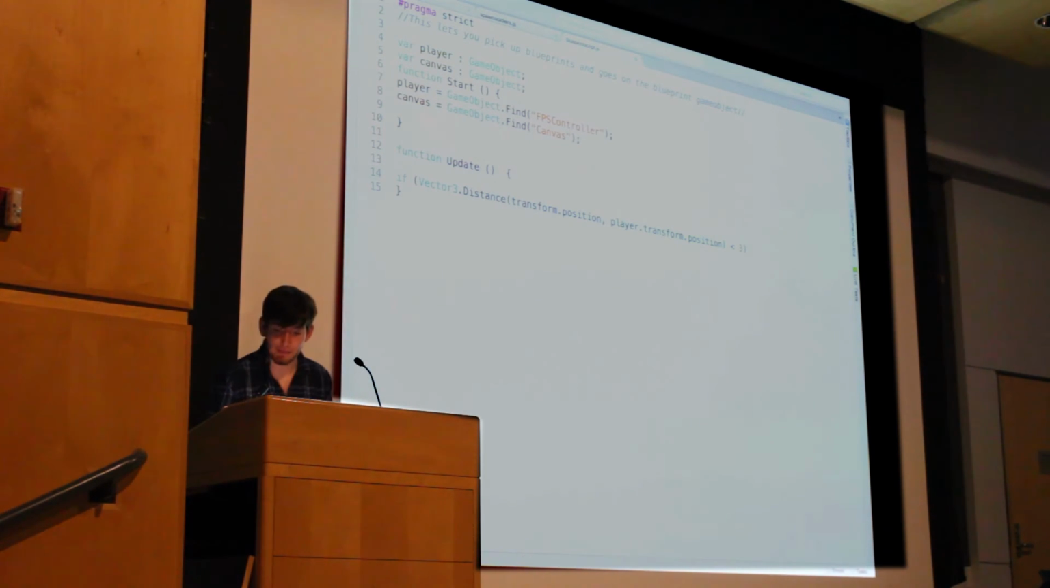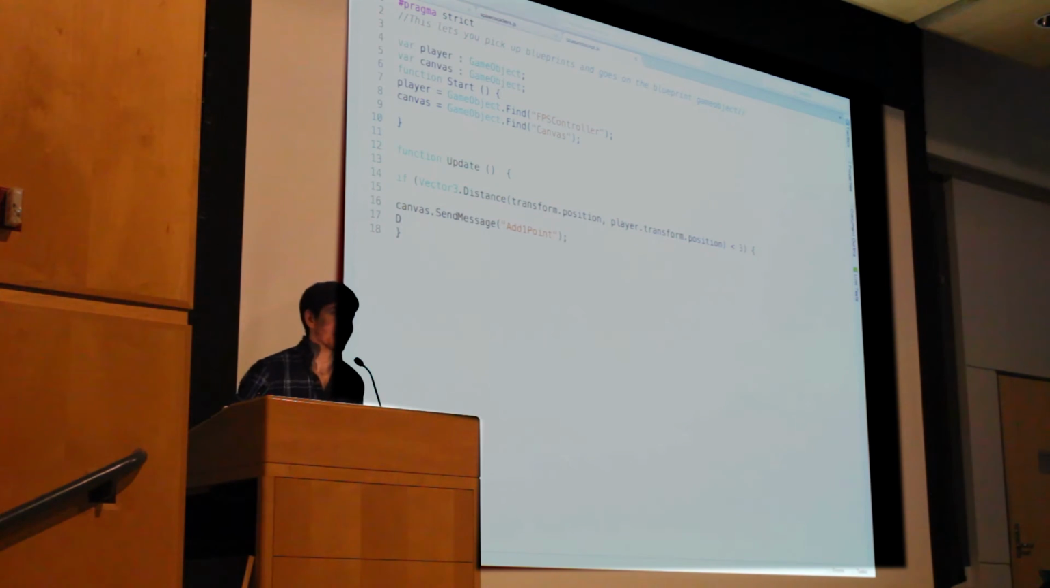So we're going to do open canvas dot SendMessage. SendMessage is capitalized. Open, AddOnePoint. So just like that. And then we're going to destroy it because we don't want the blueprint anymore. It picks up, we put it in our pocket. So destroy